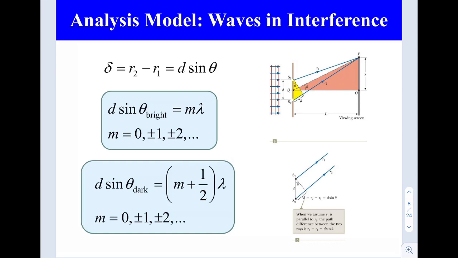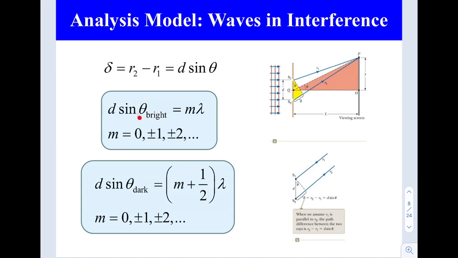Okay, how? Based on this triangle, the angle theta here is actually the same as the theta within the yellow triangle here, right? That is how we manage to get the path difference equivalent to d sin theta. Right, for bright